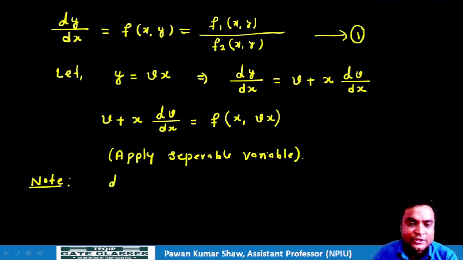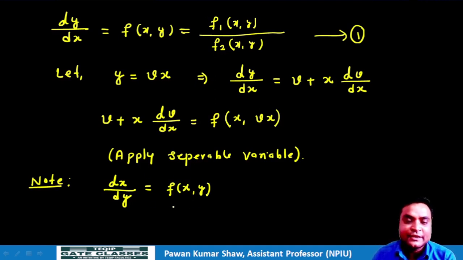Okay, one more thing you can note down. Sometimes the differential equation is given in terms of dx by dy. In that case x is our dependent variable and y is our independent variable, and suppose the function is like dx by dy equal to some function of x, y. In that case this will again be a homogeneous differential equation. We will check the same condition, but when you try to solve this differential equation, dx by dy, we will replace x equal to vy, because here x is our dependent variable and y is our independent variable.